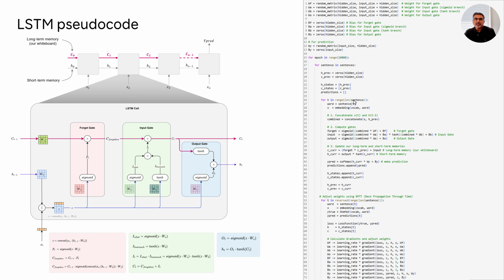But before that, you need to initialize your long-term and short-term memory. The short-term memory, let's say, is called h. I initialize that to 0, which is this one here. H0 is 0. The long-term memory or the cell state is also initialized to 0. I also keep a record of all the manipulations that are happening to the long-term and short-term memory in an array here, and also the predictions that are coming out of these individual LSTM cells in this array called predictions.